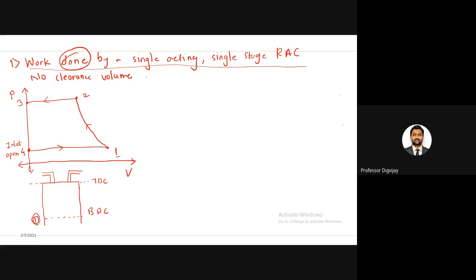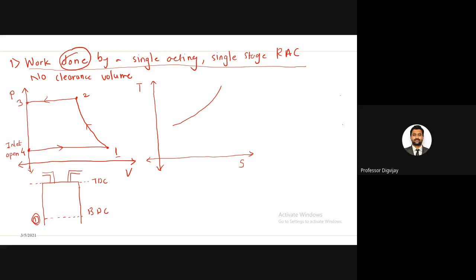So this is a PV diagram, pressure versus volume diagram. Again, we have another diagram which is called a TS diagram. These diagrams will repeat in other subjects also, like we have refrigeration and air conditioning, and IC engines. In those cases also, we will come across PV diagrams and TS diagrams. So in the TS diagram, temperature is on the vertical axis and on the horizontal axis we have entropy, that is S.